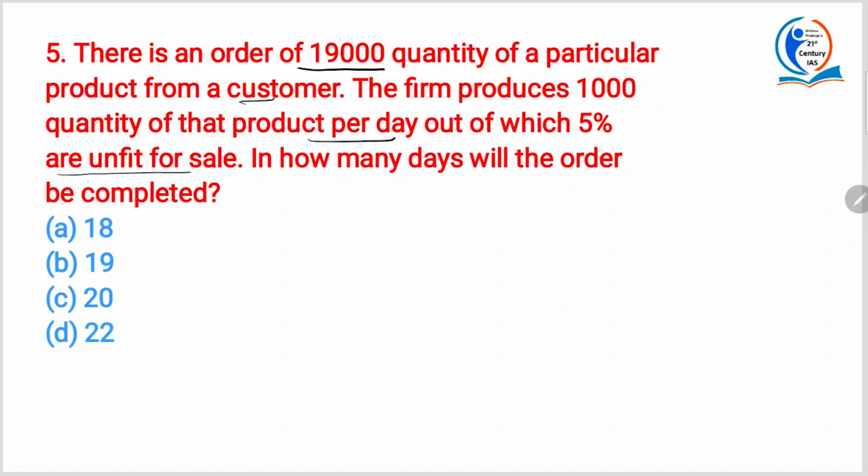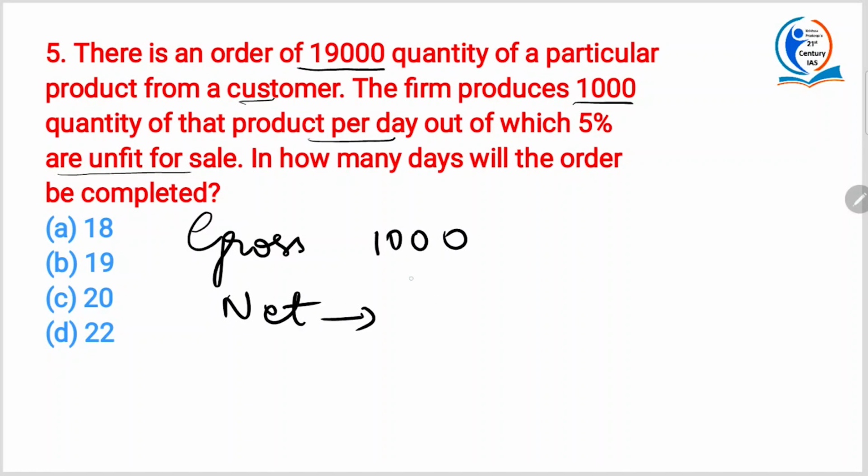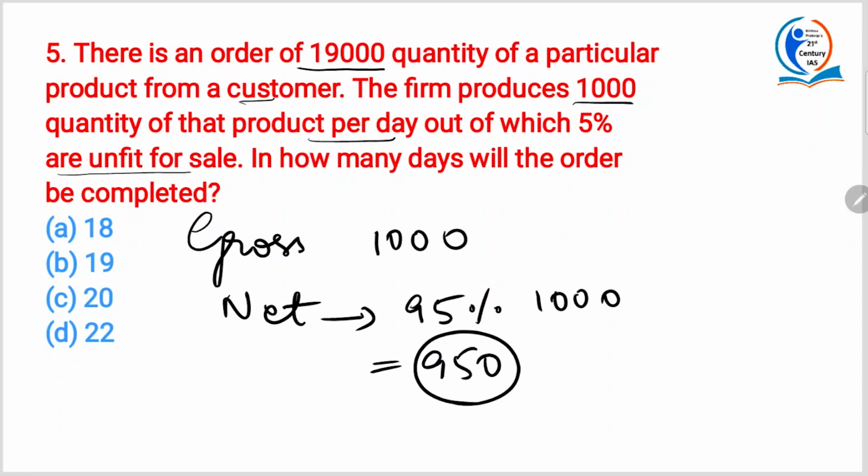In how many days will the order be completed? Okay, see, that fellow is producing 1000, gross production is 1000. But what is happening? 5% is defective. That means net production will be 95% of this one, because 5% are defective, no? So 95% of 1000 is how much? 950. So per day, that firm is producing 950